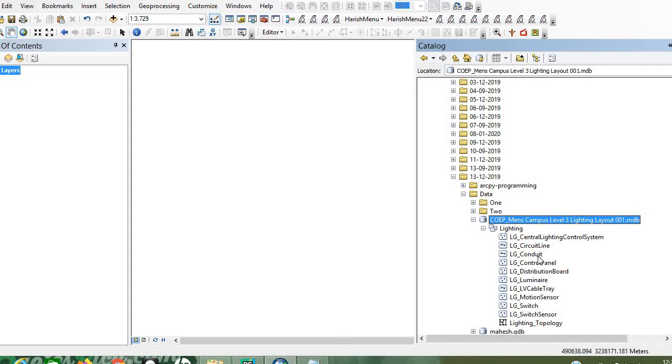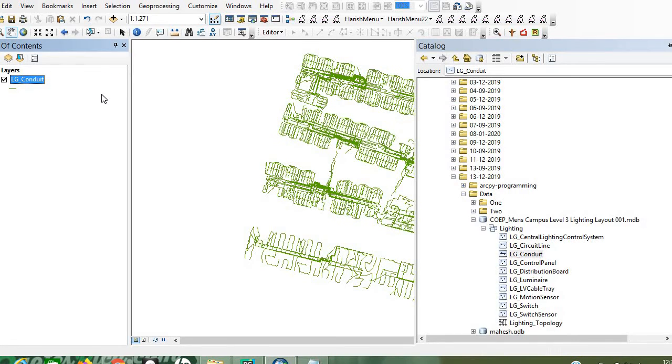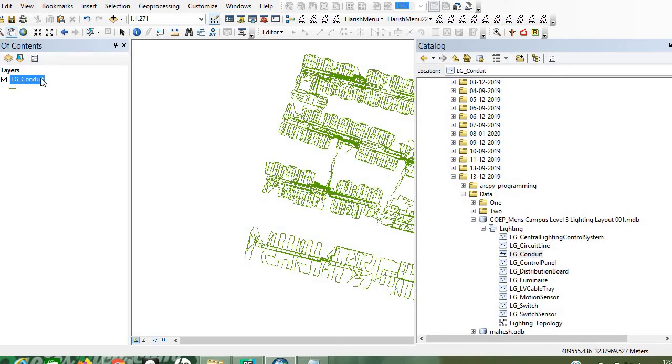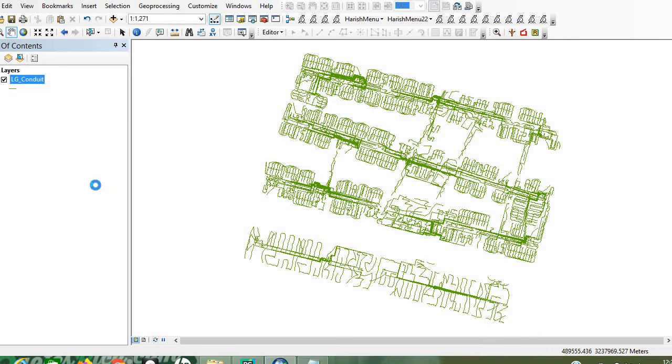Today we are going to discuss LG conduit and LG switch. Just drag and drop LG conduit. Sorry, it's not that one. Just remove this one.